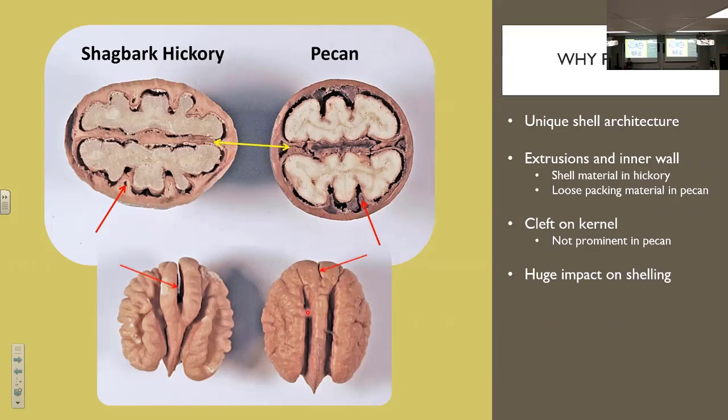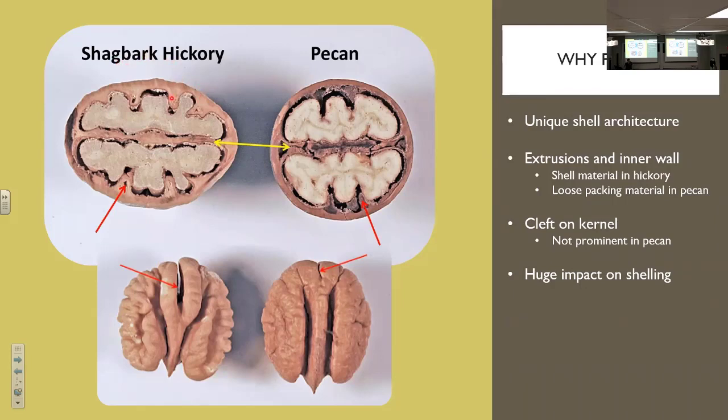Well, for one, a lot of the hickories have a bitter or astringent flavor, and so you're negating a lot of their use from the get-go. But there are a couple of other species within the hickories that have a good flavor like pecan, one of those being shagbark hickory. But these also have challenges that pecan doesn't really face, and that has to do with